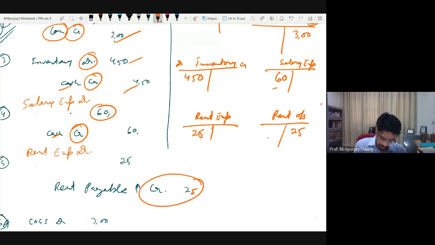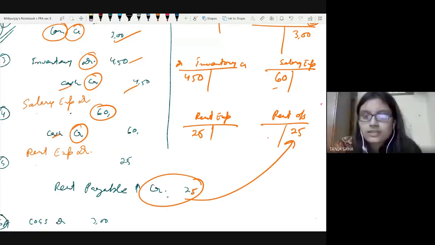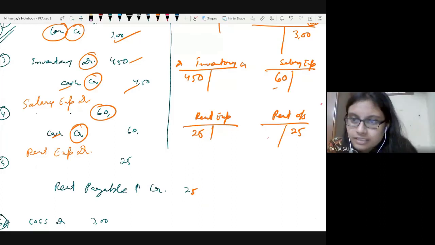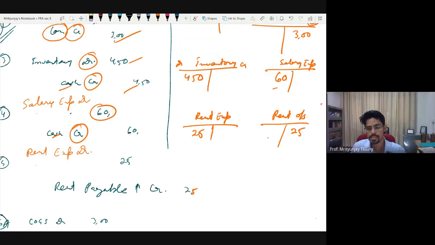Okay. So this one goes here and this one goes here. Yeah. Sir, can't we make a single column for retained earnings instead of salary and rent separately? Okay, you will see. So the question Tanya is asking is: why are you spreading our work so much? You know everything is anyway retained earnings. Why are you preparing so many T accounts? The reason will become clear once we reach the last step of the entire process.